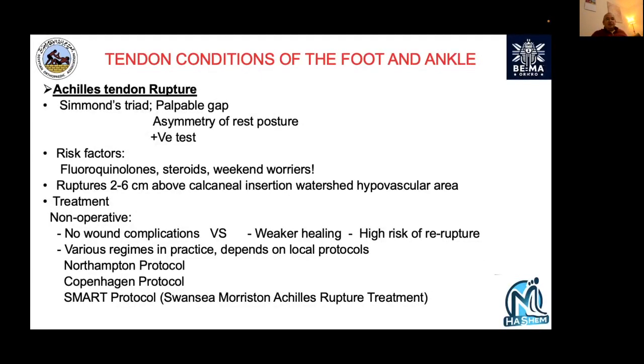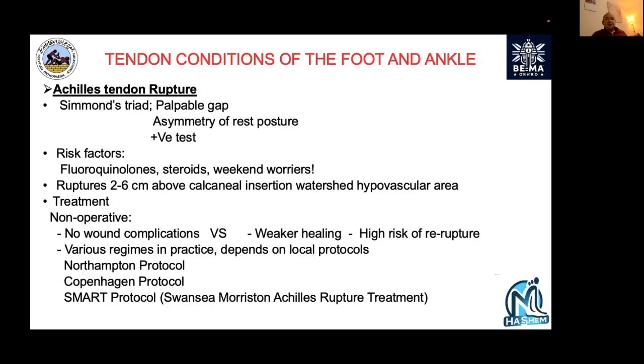So Achilles tendon rupture, you are not an undergraduate anymore, so you need to ignore the Simmonds test. You now have what's called Simmonds' triad. To diagnose an Achilles tendon rupture, it is not the Simmonds or Thompson test, it's Simmonds' triad. Simmonds' triad means you feel a palpable gap, the resting position of the foot is not in plantar flexion compared to the other side, and you have a positive test, which means when you squeeze the calf, the foot